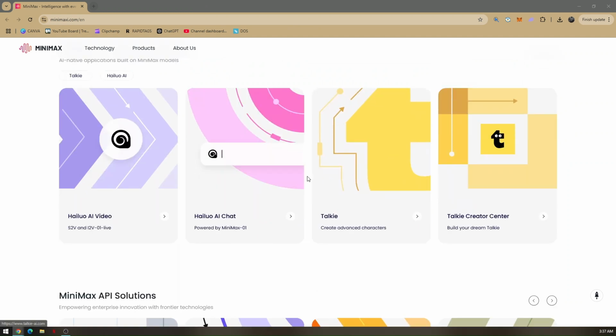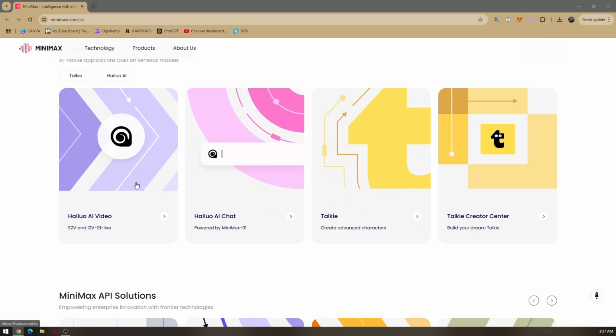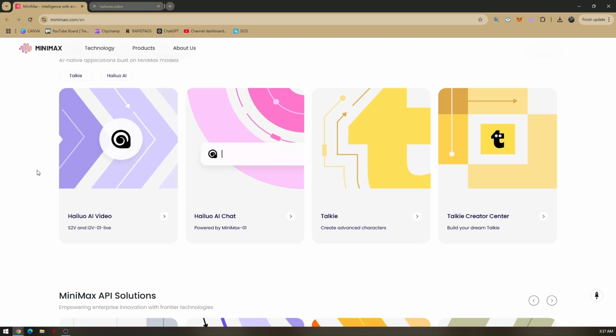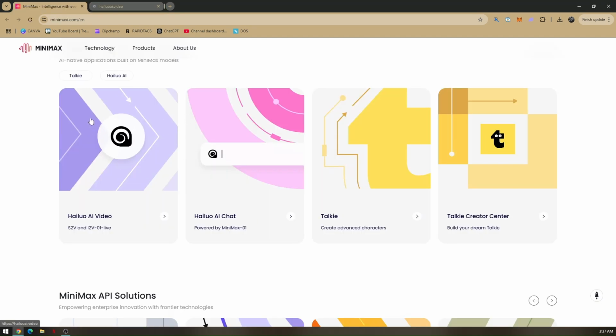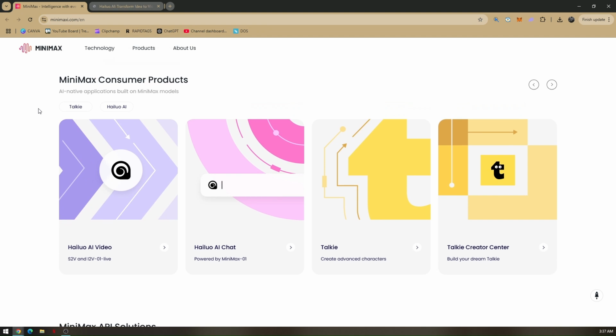Now, once you log in here, all you have to do is choose a specific prompt. So say, for example, you're going to be generating a certain AI video. Just simply click on this link right here and you will be redirected to Hailuo AI video, which is actually a partner of Minimax AI. And as of 2025, they have upgraded it. Instead of Minimax, it's going to be